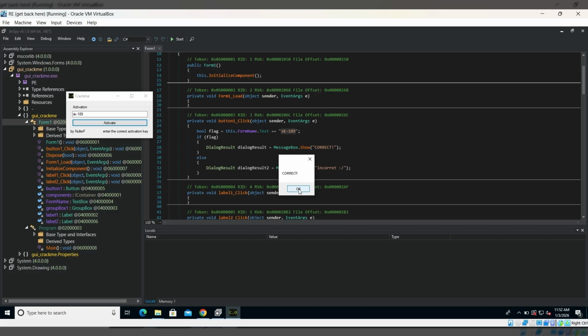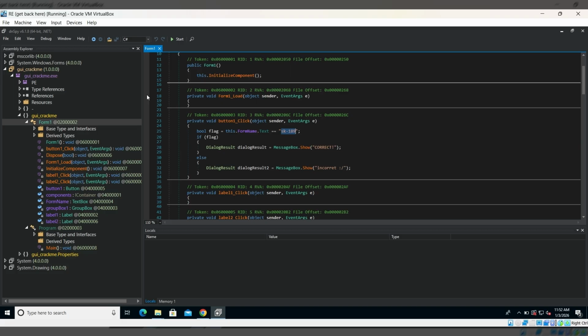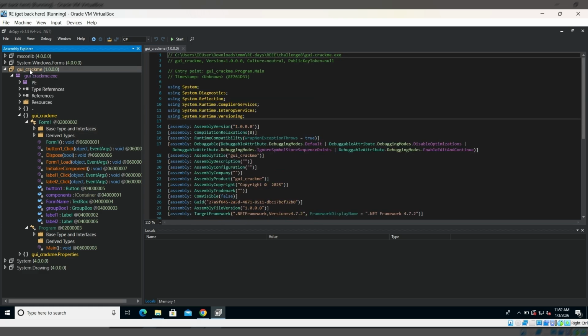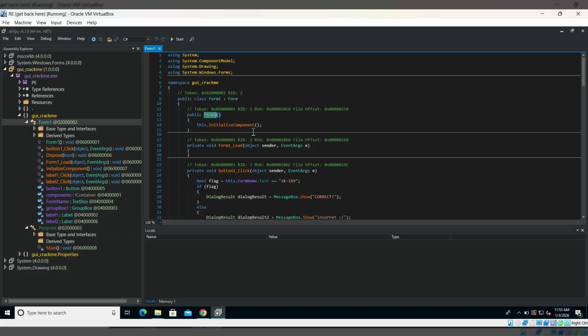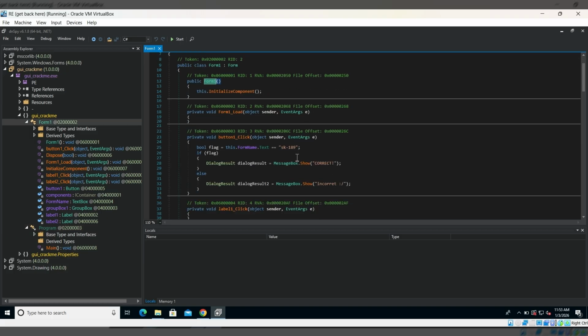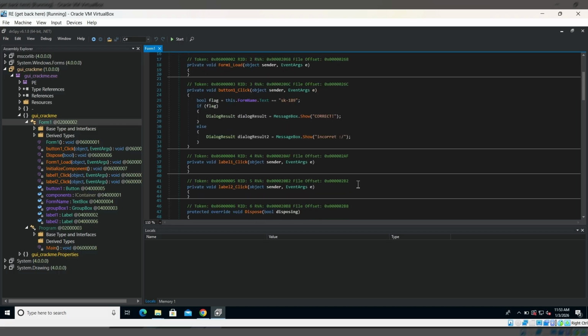It's an extremely easy challenge. We did not have to do any sort of debugging, but we understood how we can go through the code. For example, if we go to the entry point directly, you can understand the flow from the application.run function, how the program should be running. And if it is using new form 1, we have to go to form 1. There could have been a case where we did not have all these things, but there would have been some logic for how this application is running. We would then have to understand that logic and maybe figure out how to bypass it or find the password or key for it. Anyway, this was a very easy